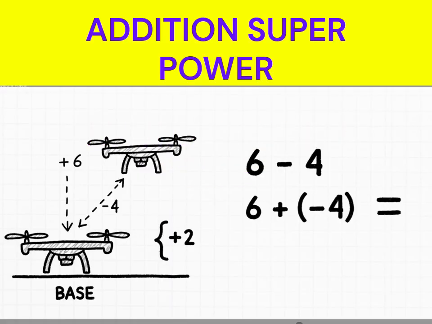Let's say Madhu flies a drone 6 meters up, then 4 meters down. The expression is 6 minus 4. Let's rewrite it as the sum of terms like we just learned, 6 plus minus 4. If we swap the terms, does the drone's final height change? It is still 2 meters above the terrace. Swapping terms does not change the sum, which is known as the commutative property of addition. You can also group terms in any order you want, which is the associative property.